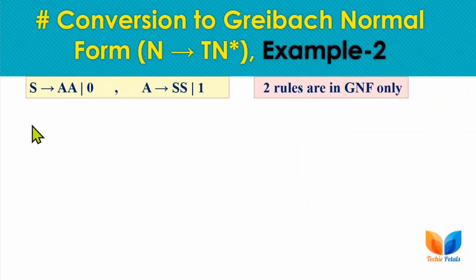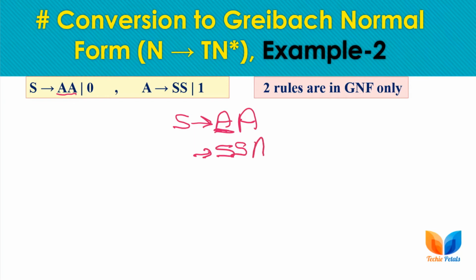In this example, if you check carefully, S is deriving AA, and A is deriving SS again. So here we are not having direct left recursion, but we are having indirect left recursion in this grammar, as S is deriving AA, and if we replace this A with the right hand side of A's production rule, then we will get this rule